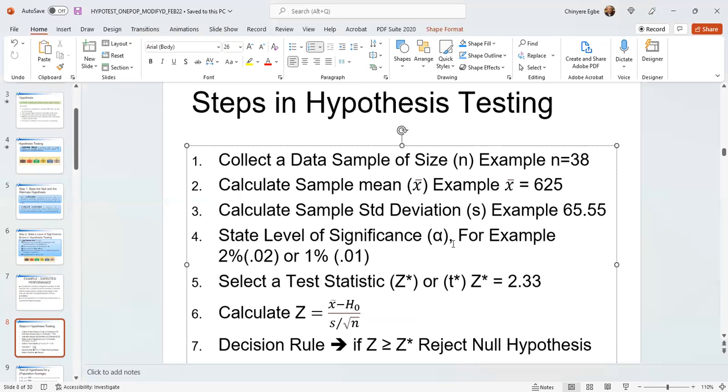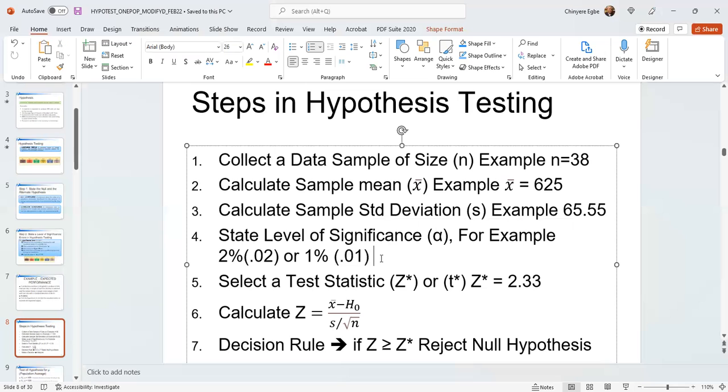We state the level of significance, say 0.02 or 0.01. I'm taking 0.01. And you remember, last time we looked at the normal distribution. So if you take a level of significance of 0.01,